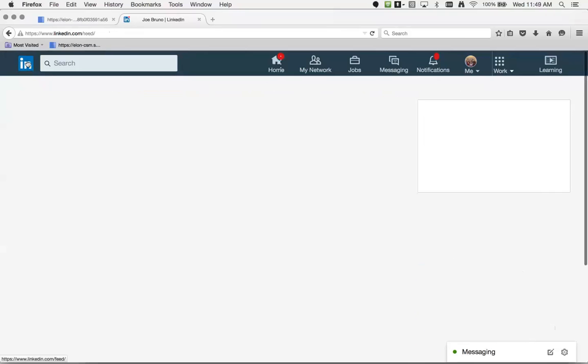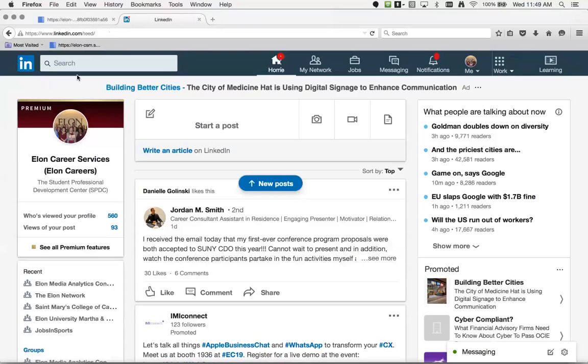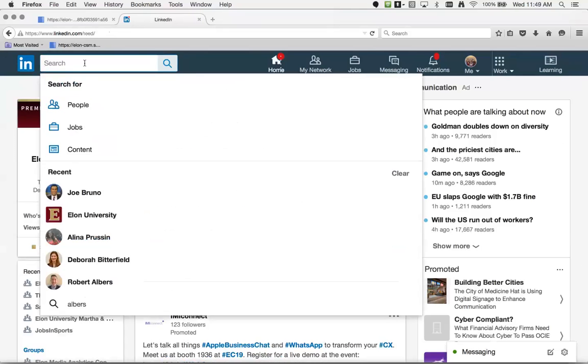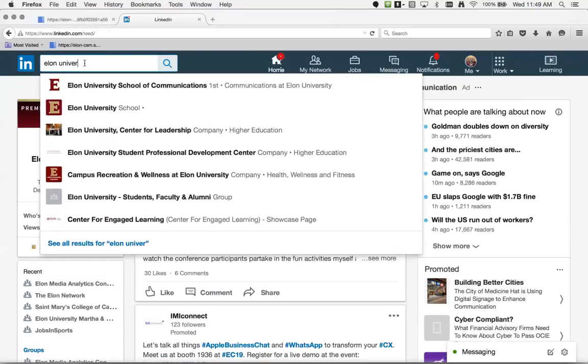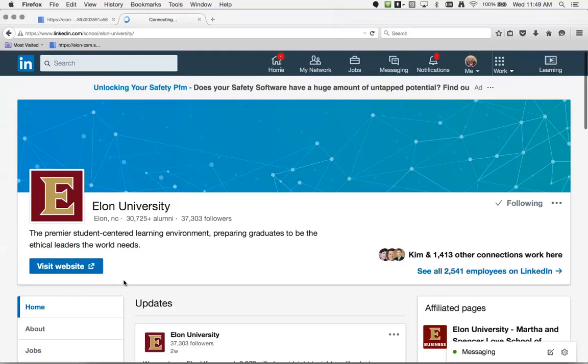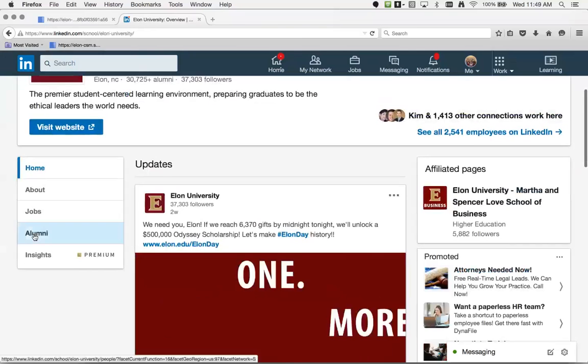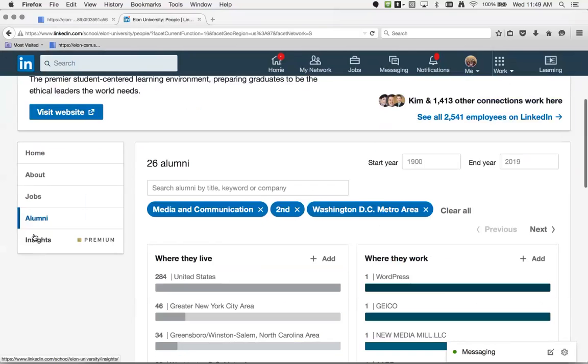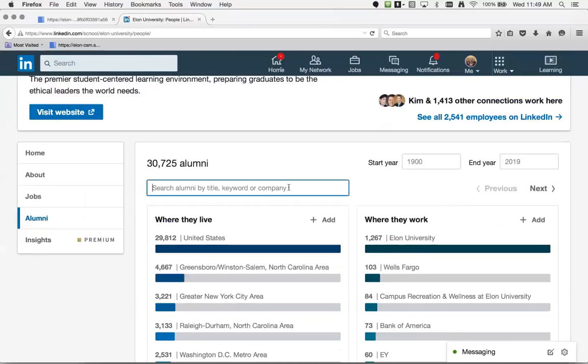So again, I'm just going to go back home. And again, we're on the SPDC page now. It's not mine. And again, if you wanted to get to Elon people, just go to the general search, Elon, and then alumni. And again, it's got my old search up here, but you can search until your heart's content.